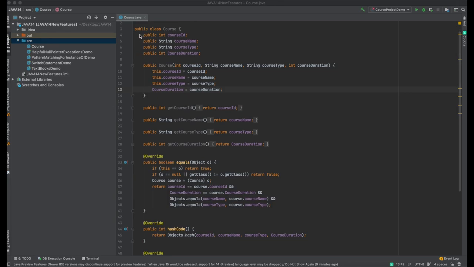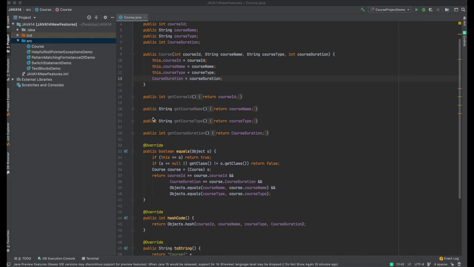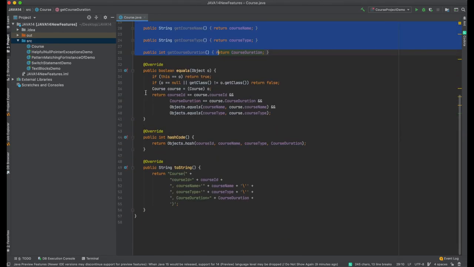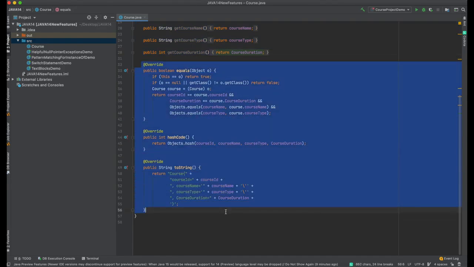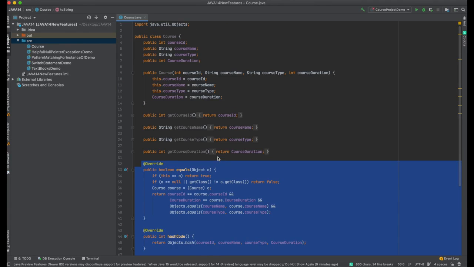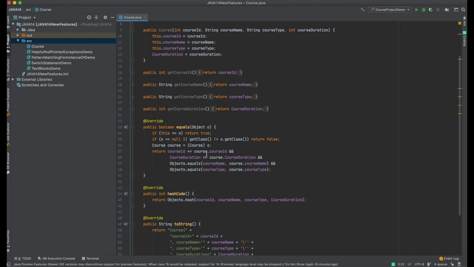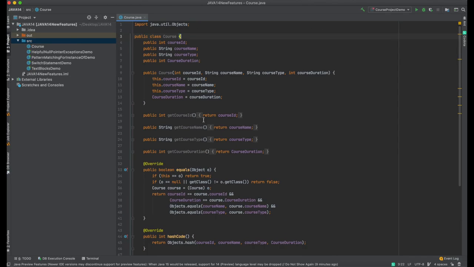To create a DTO class, we have to write a set of getters, and we have to override the equals, hashCode and toString methods. So now we will create a similar type called record, which will provide all the necessary methods like equals, hashCode and toString, and we are able to access its data using a set of accessor methods.